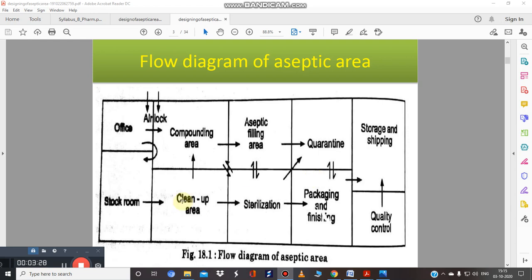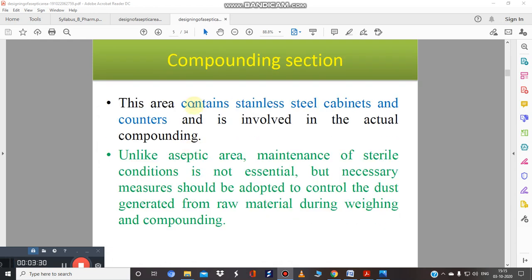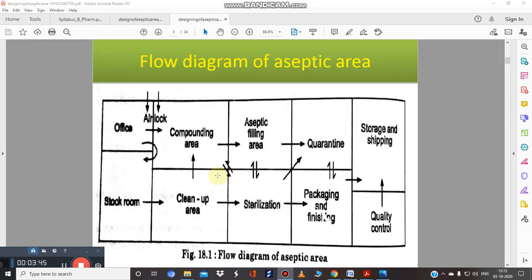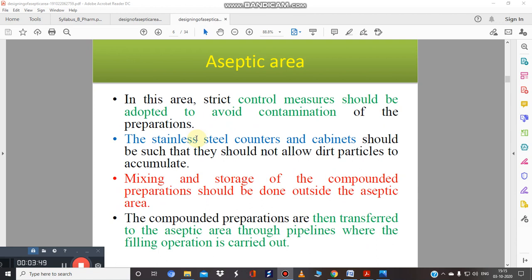Next is this one, the compounding area. This area contains stainless steel cabinets and counters, and it is involved in the actual compounding. This is again a very important component. Next is the aseptic area, very important. In this area, strict control measures should be adopted to avoid any type of contamination.